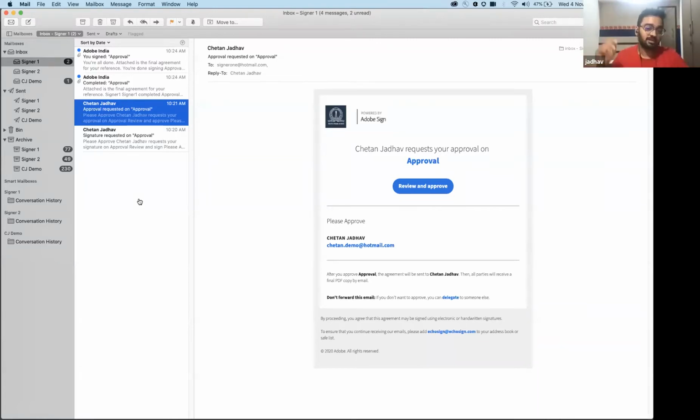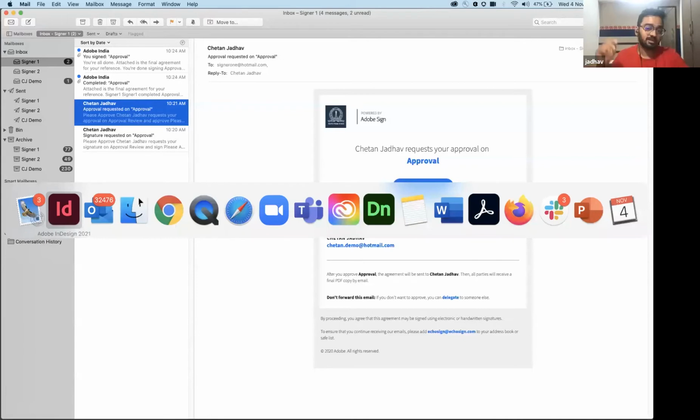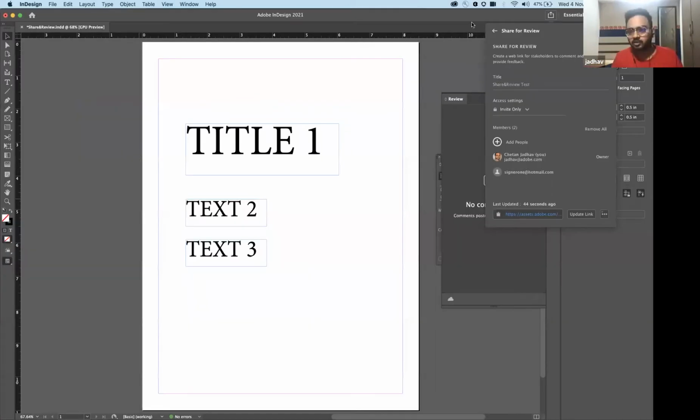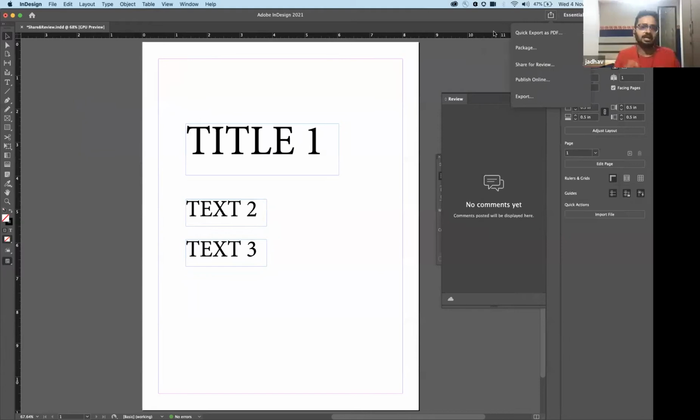I immediately get an email notification that Chetan Jadhav has shared so and so file. The file will have a link. That link will open this document in a browser. I have to sign in with my Adobe credentials. Then I can give comments, like I can have a pen where I can mark, I have a highlighter, an underline text, a strike through text, and whatever comment I put in the browser will automatically come into my review panel of InDesign, so that I don't have to go to emails and check all of that. All of the comments from all different people will come into the review panel here.